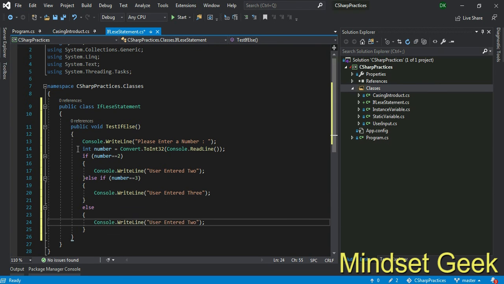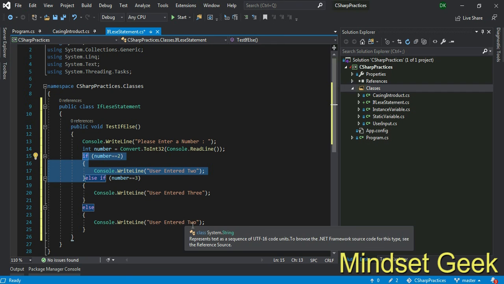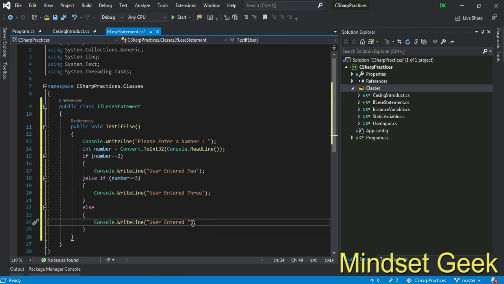We can use more else statements, right? Else if statement you can use anytime. Without if, you can't use else if or else, right? You must add an if statement if you want to add else if or else statement, right? The user enters the value number, right?